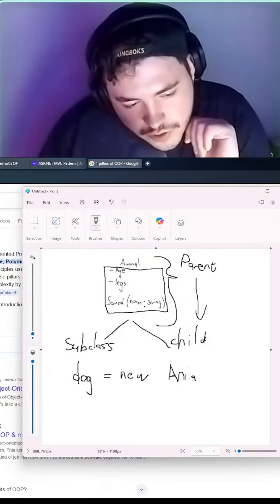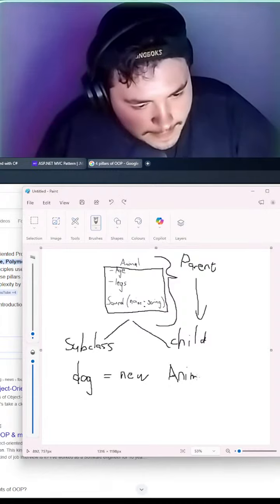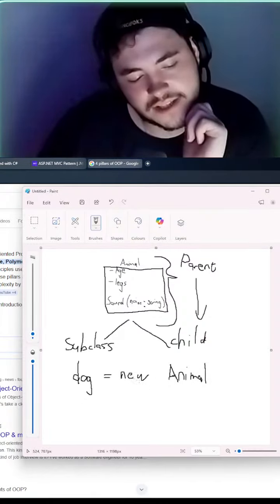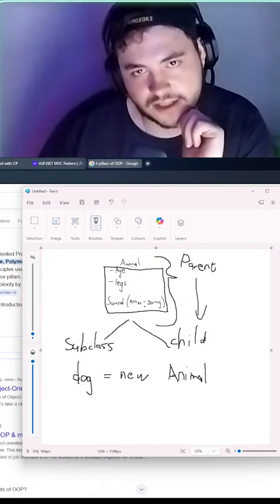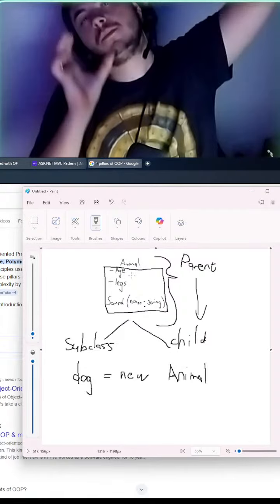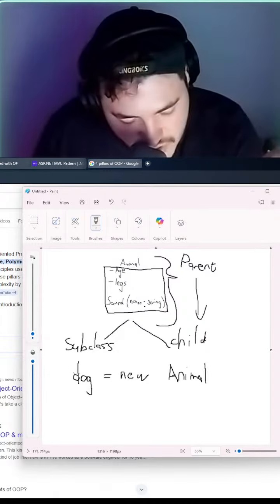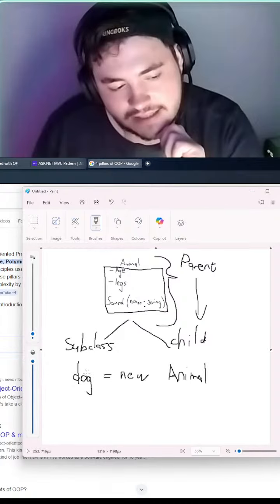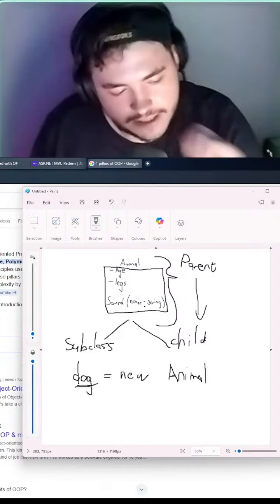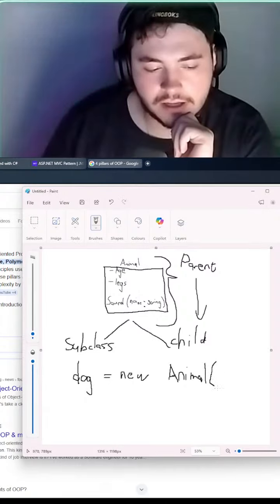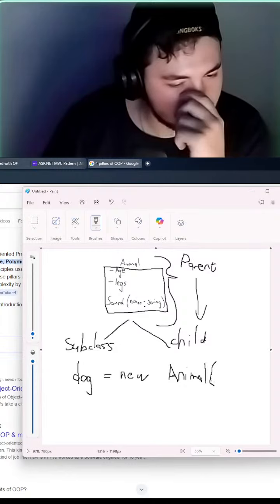And what are we doing here? We create a new instance of the animal class. So we're basically saying, hey, take the animal blueprint, copy, paste, and I want to store that object inside this dog variable here. Okay? So we're creating a new instance of the animal class, and I want to give it maybe...